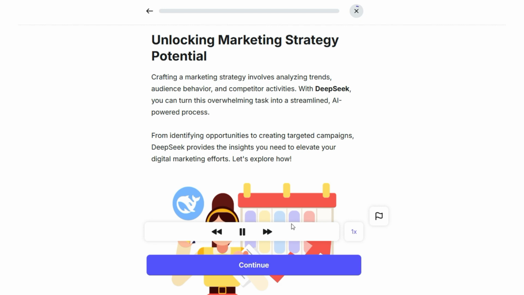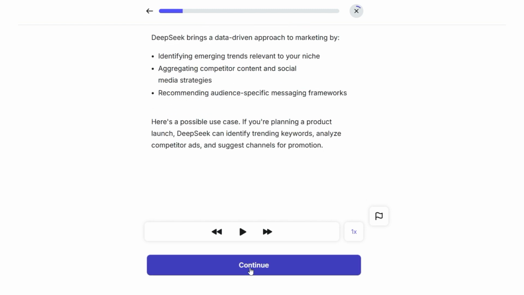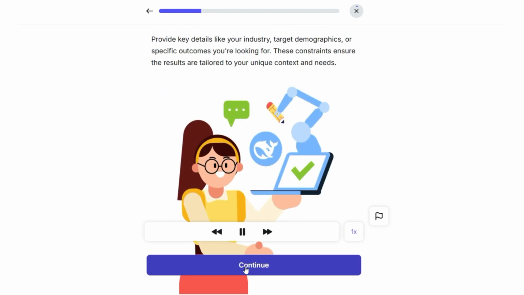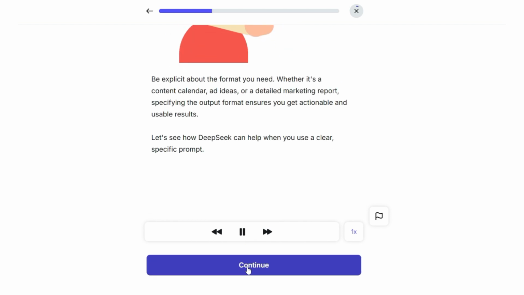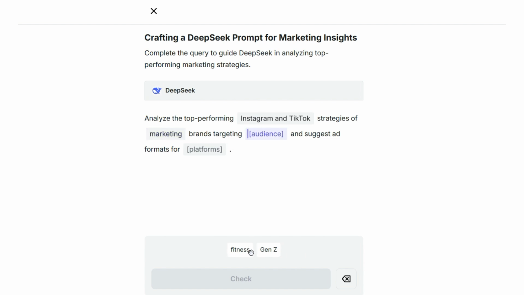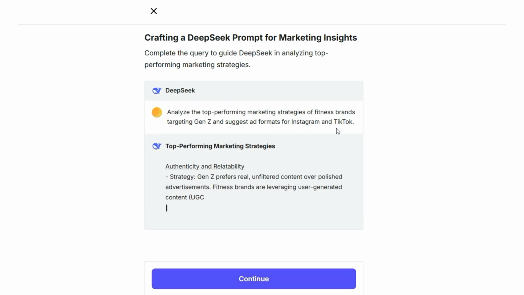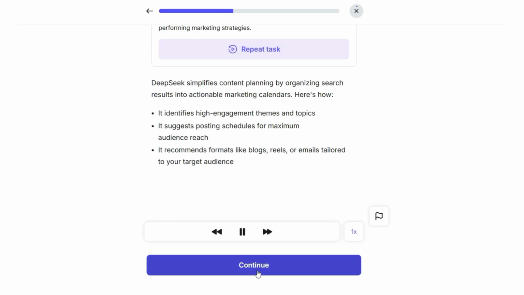Unlocking marketing strategy potential. Crafting a marketing strategy in DeepSeek brings a data-driven approach to market. Here's a possible use case. If your goal is building a marketing strategy, provide key details like your industry. Be explicit about the format you want. DeepSeek simplifies